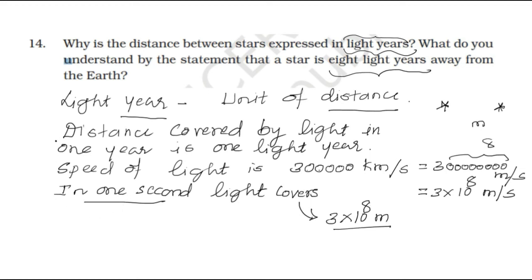Now what did we understand by meaning of light year? Light year is the distance covered in 1 year. Okay, in 1 second it covers this much of distance. In 1 second, if light covers 3 into 10 raised to 8 meters of distance, then in 1 year how much of distance it covers? So we have to convert it first by 3 into 10 raised to 8 is meter is for 1 second,